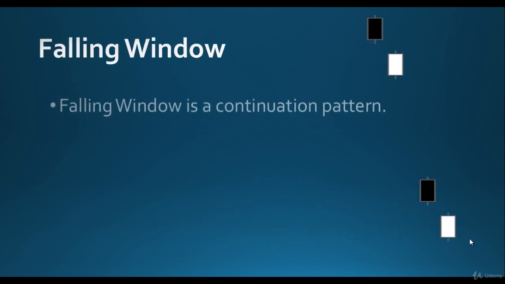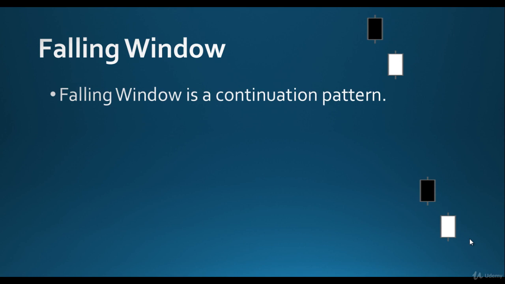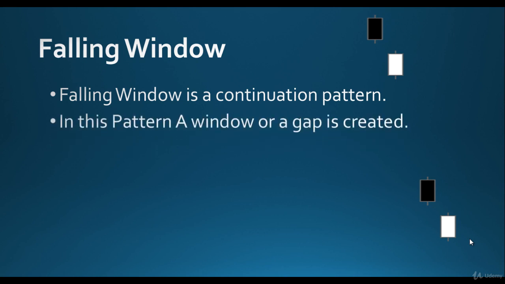Falling window. Now the falling window appears like this with two candles, and it is a continuation pattern. It means whatever the trend was before these two candles will continue, absorbing the buys or sells. In this pattern, a window or a gap is created, and that's what makes the falling window a